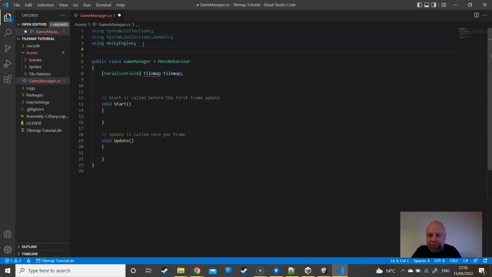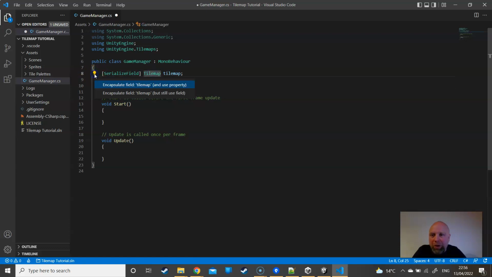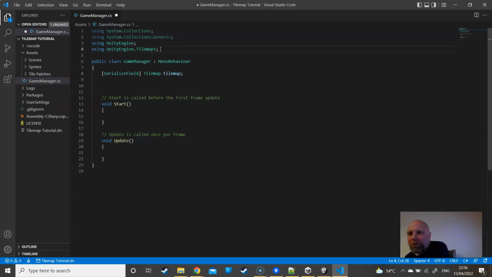Okay, so using UnityEngine.Tilemaps. I would have expected this to do that for me. For some reason, it's not playing ball. The demo gods are not happy. That's what usually happens. But basically all you need to do is add UnityEngine.Tilemaps to be able